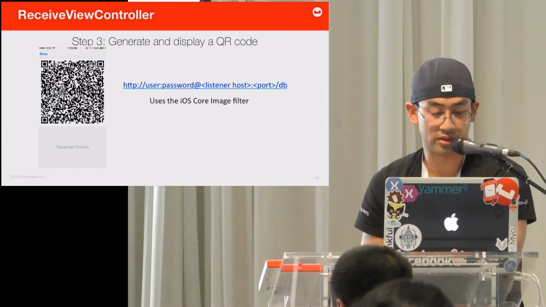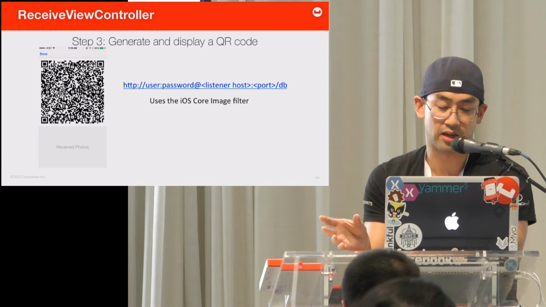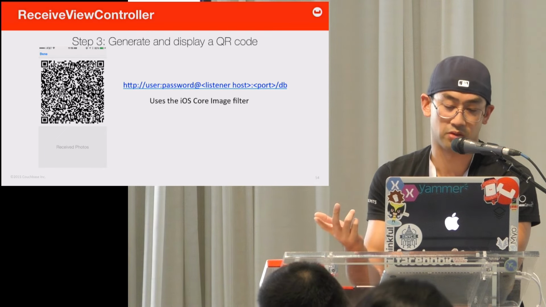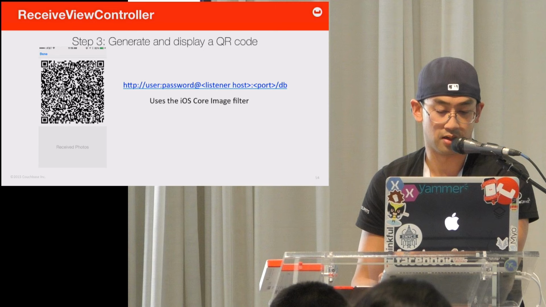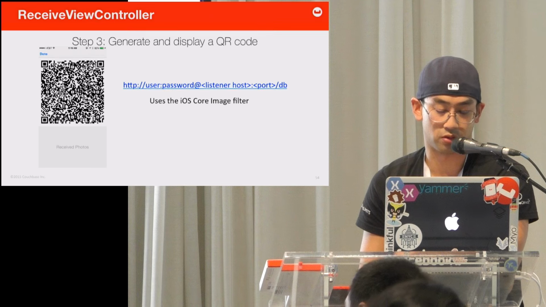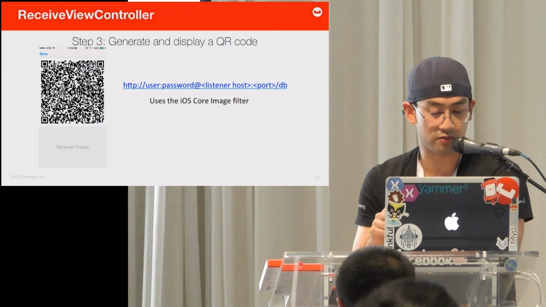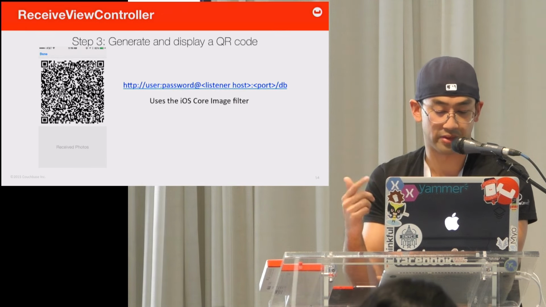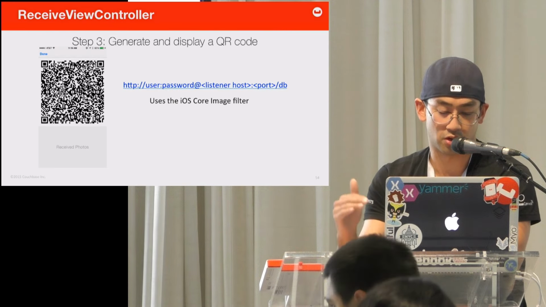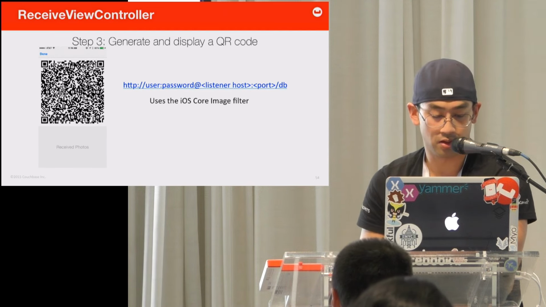The last step for the receiver controller is here. Basically what a QR code does here is simply wrapping together the username, the password, and a particular endpoint that you want to sync between these 2 devices, and with the port, of course. For this example, it's using the core image filter. For Android, be what the platform provides. So from the first step, we have the Couchbase listener, and then we set up the database shared listener, and then we have the sync URL. So in 3 large steps, we'll basically use the sync URL to generate the QR code here.